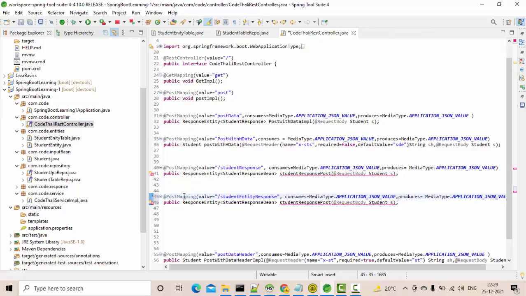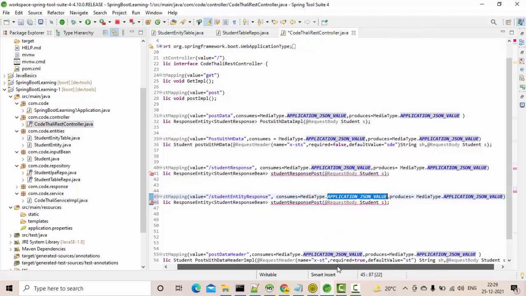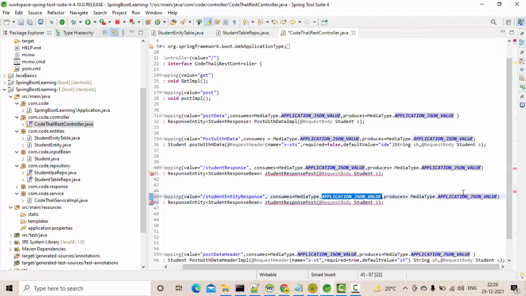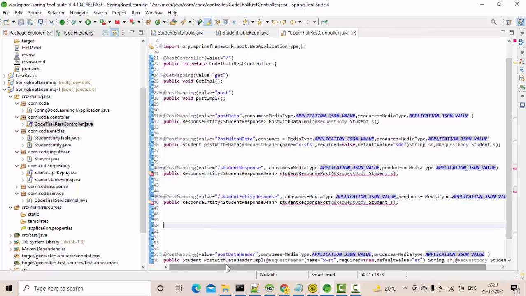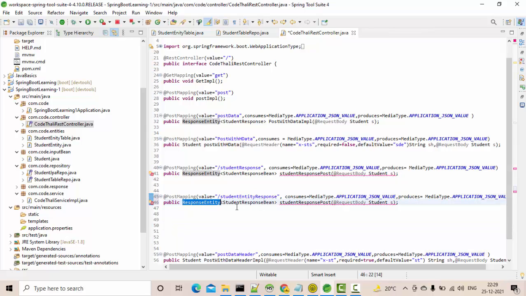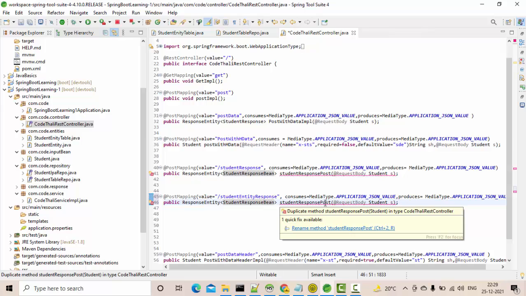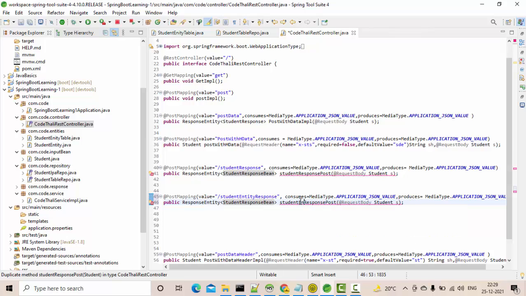I am taking a post mapping with the value as student entity response, and it is going to consume the JSON data and produce the JSON data, right? Now here it is going to return the student entity, it is going to return the response entity. Okay, so this part I'll explain. So let me clear this student response post, right? So student entity response post, like that I'll create a